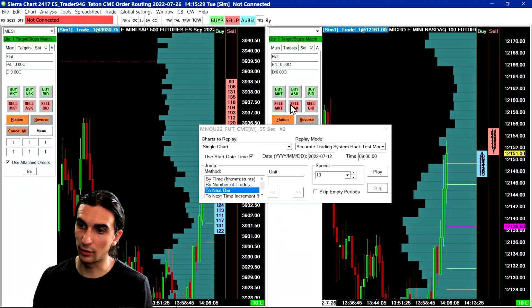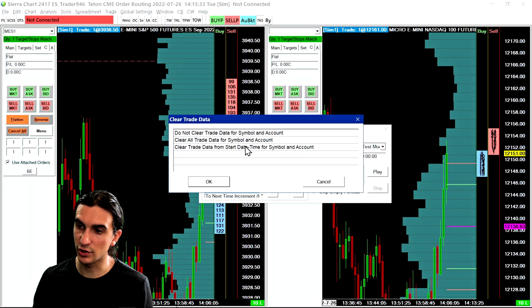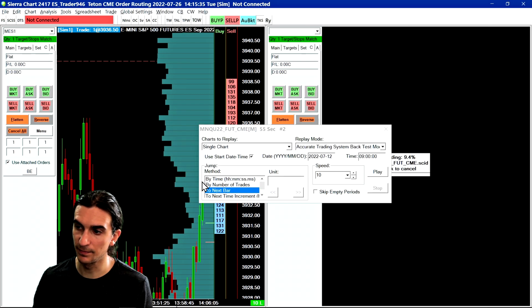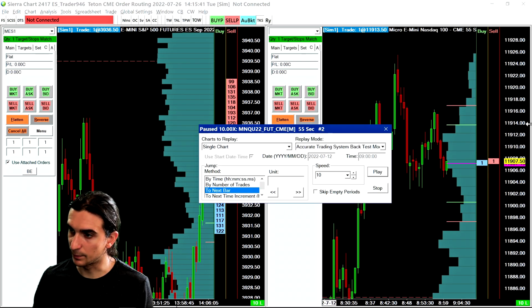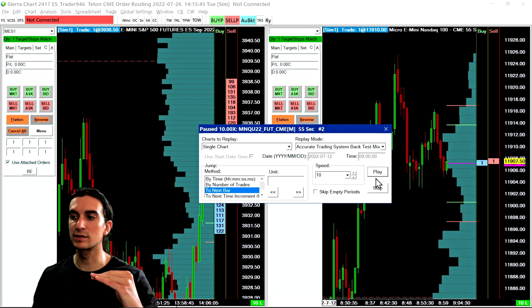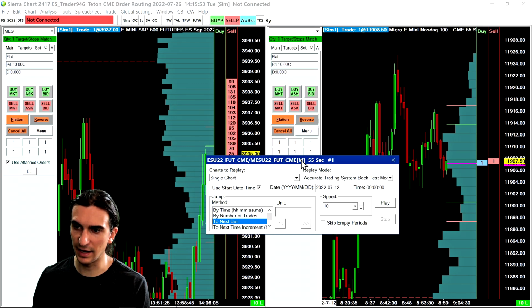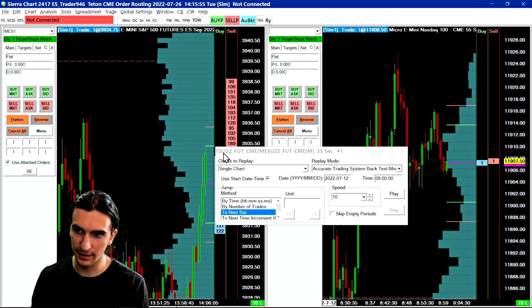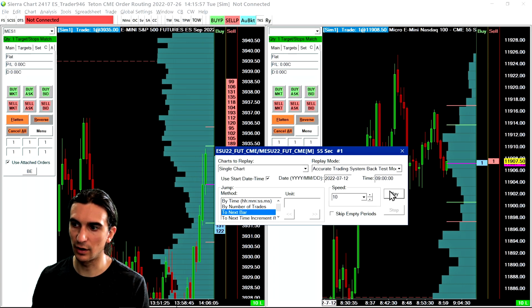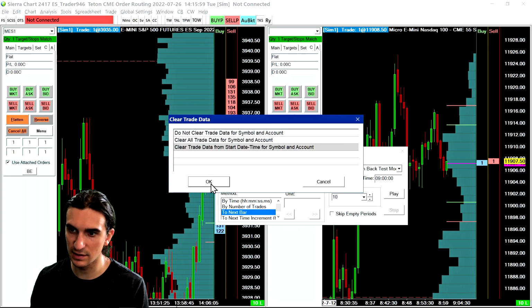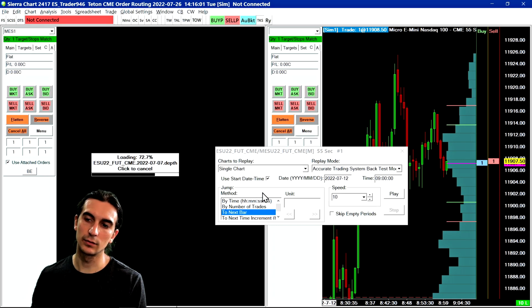I'll select this chart, which is micro NQ, and I will press play here and I'll clear the trade statistics for that symbol. It's not played yet, but it's prompted to play. It's paused, right? That's actually a good feature, that when you press play, it starts off in a paused state, and then you actually have to press play to make them start. And then after that, you click on your other chart, and now it's prompted for ES, and you're going to also press play on that one, clear the trade statistics data for that one,